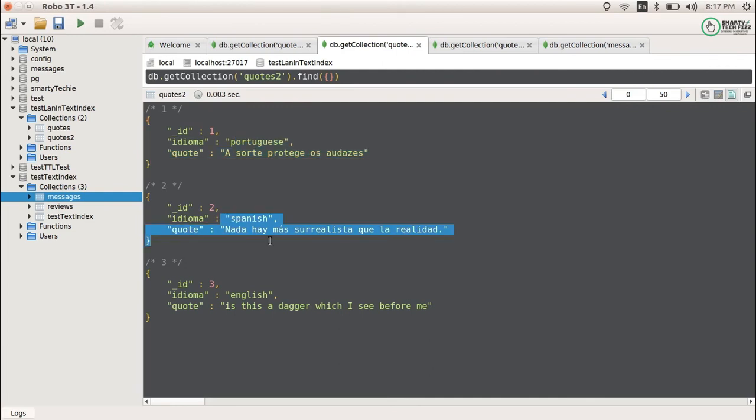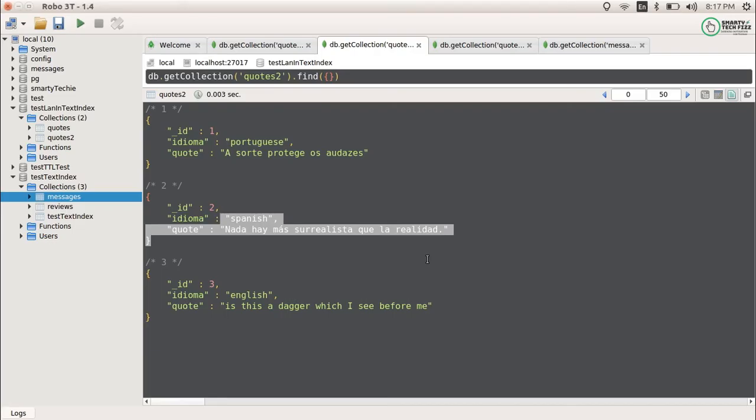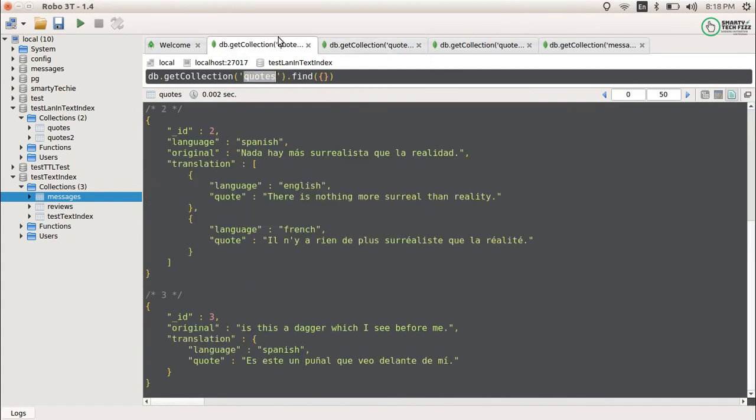So these are the three different things I have mentioned. First is the default language, that is, how to provide the default language to the text indexes, which we can do using the default language keyword. The second thing we explained is how you can provide the other types of languages, using the language keyword itself, either in the embedded document or at the root level.